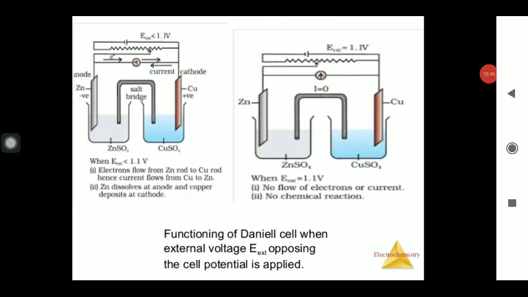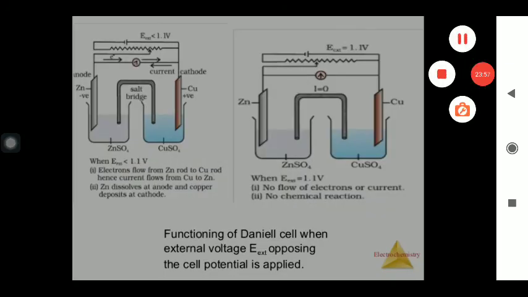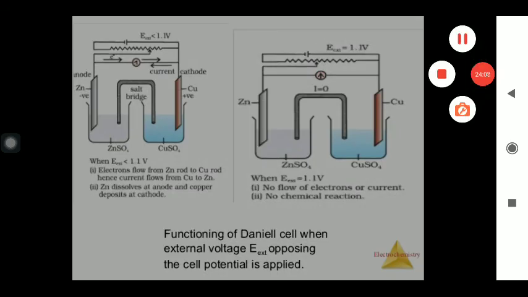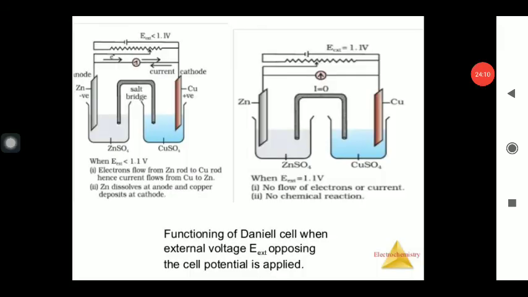Now we will learn the concept of the electrode potential. So I have told you what is electrode potential, and this electrode potential is basically denoted by capital E, and both the beakers have separate electrode potentials. So in my next video we will discuss how this electrode potential can be calculated.